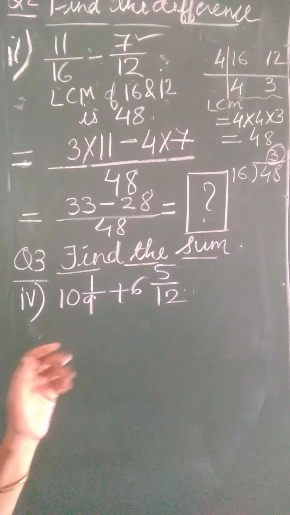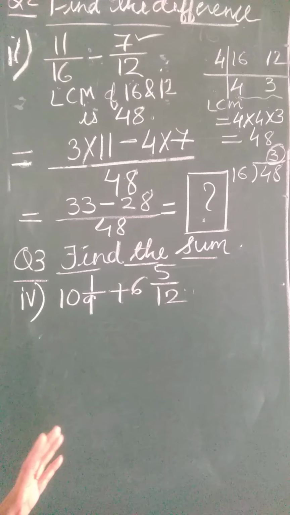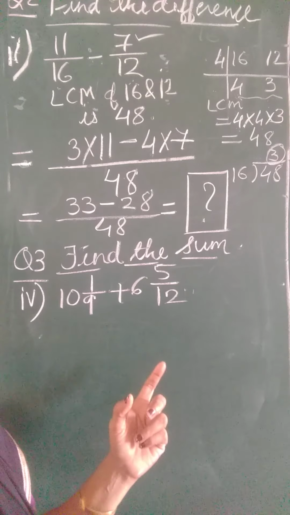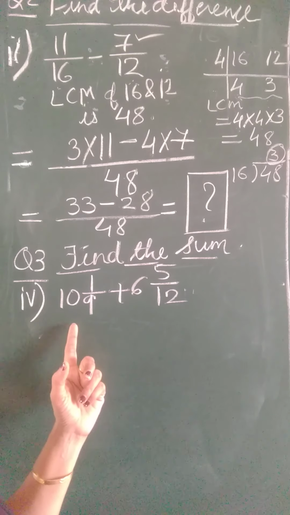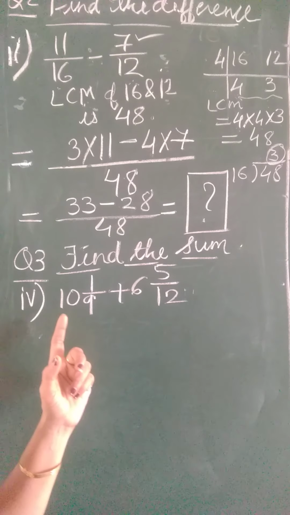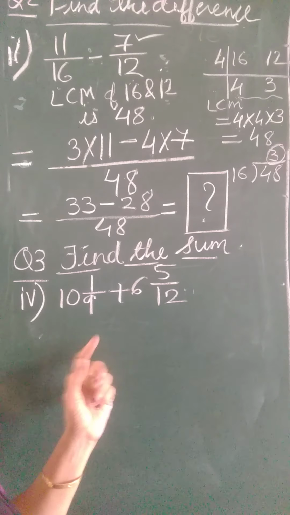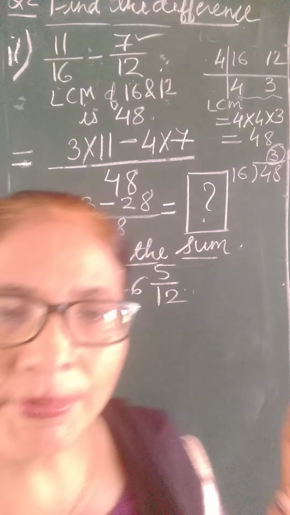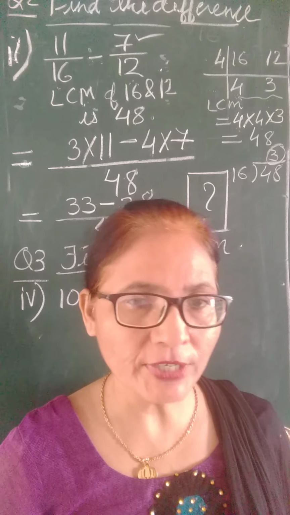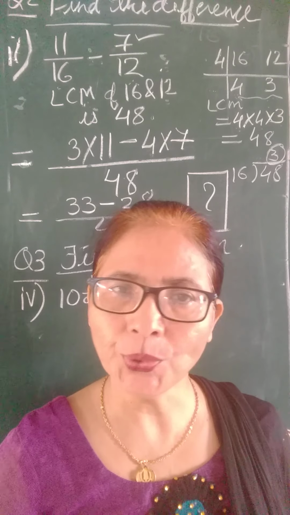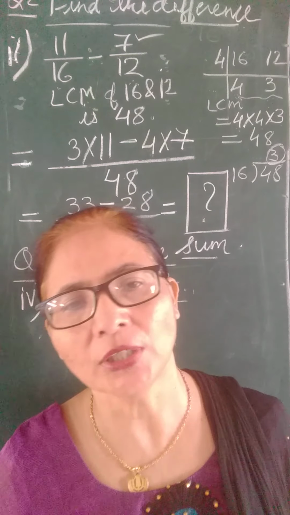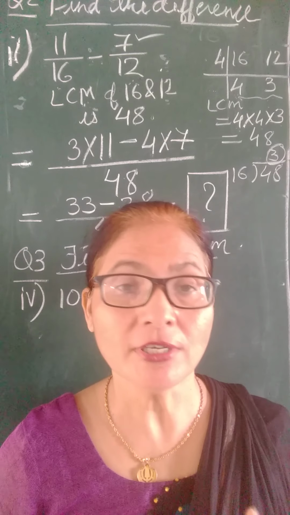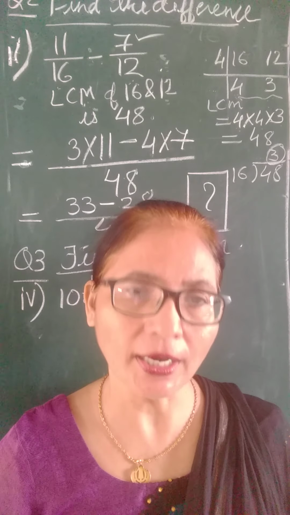Now let's see this one. This is also very easy. Same method, only we have given here which type of fractions these are. Yes, you know very well. These are mixed fractions. Mixed fraction means there is one whole number and one fraction. And remember children, whenever there are mixed fractions, you always have to convert them into improper fractions. And how to convert into improper fraction, we have already studied in the first lecture. Let us see again.